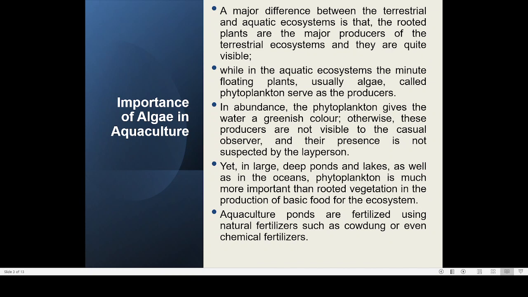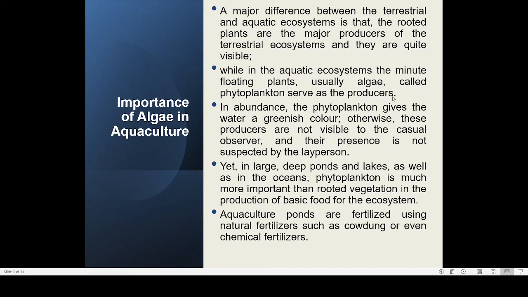Sometimes you may get a question in your question paper asking you to comment on the importance of algae. In many question papers, you can see that algae plays a very important role in the aquatic ecosystem, because in the first sentence, if you read, a major difference between terrestrial and aquatic ecosystems is that rooted plants are the major producers of terrestrial ecosystems and they are quite visible, while in an aquatic ecosystem minute plants are the